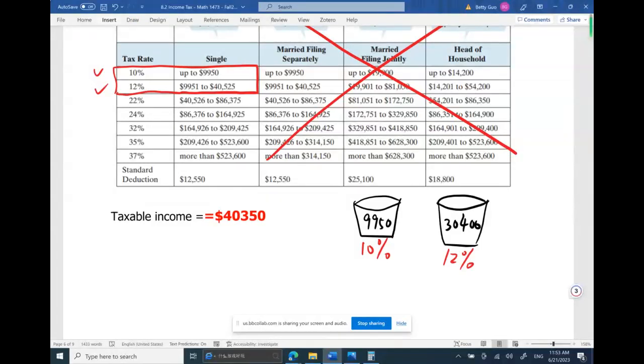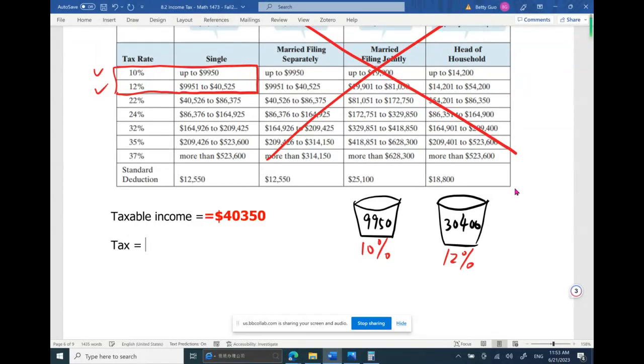So the formula to find the tax you owed or refunded, actually before tax credit, let's just write federal income tax, or just say tax in this step,